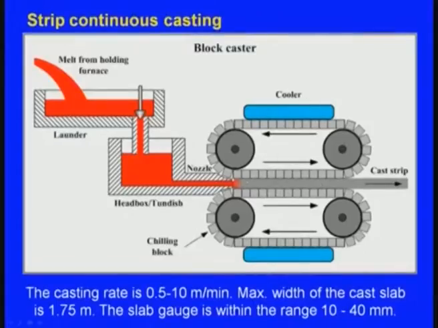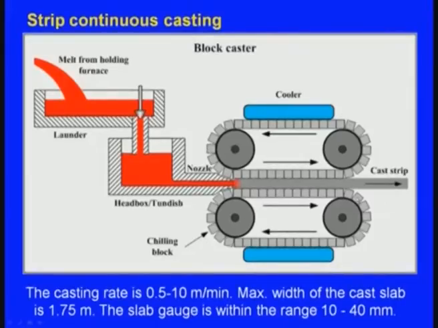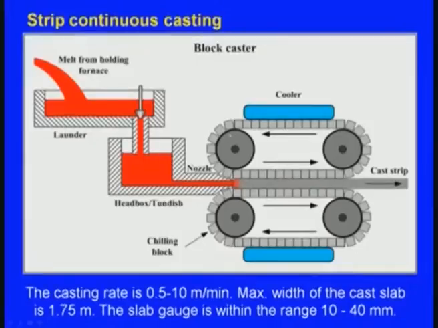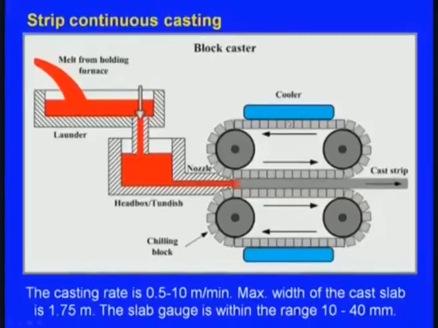You can see here this is one roller, the cast roller, and one more roller is there. So, this roller will be moving in this direction, and the other will be moving in this direction. Now, the molten metal will be passing through the gap between these two rollers, and there is a cooling system between them. As the molten metal flows through the two rollers, by the time it comes out it will be solidifying.